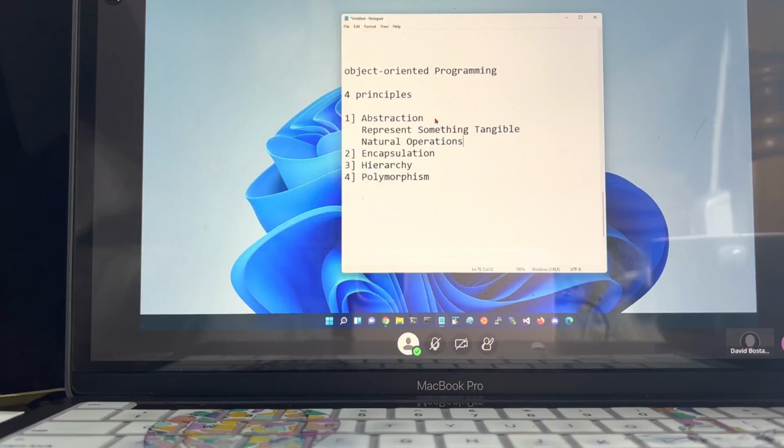Just like it's a reasonable thing to think that if we have an integer object, we should be able to add another integer object to it. But if we have an integer object, it doesn't make a lot of sense to add a cat to it. So that probably wouldn't be a natural operation of the results of that.